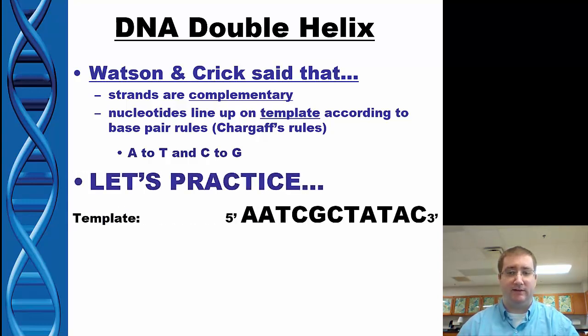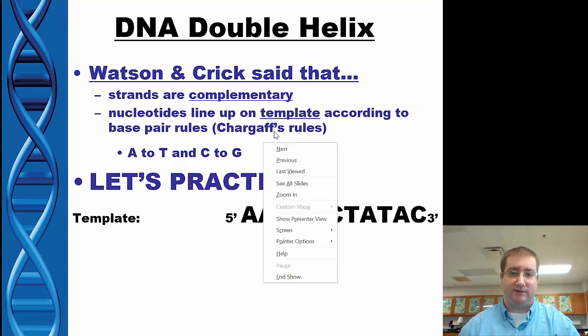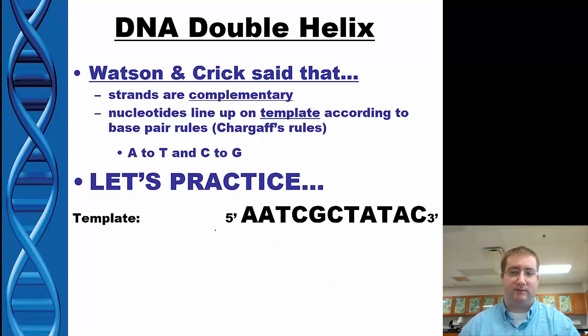So if we were to practice that, if we have this one strand here, which is the template strand, so this is just one strand of the DNA molecule. So we have adenine, adenine, thymine, cytosine, guanine, cytosine, thymine, adenine, cytosine. Based on one strand of DNA, you can tell me what the other strand is because they have to follow this base pairing rule. So if you have an adenine here on the other strand, which would be the 3'